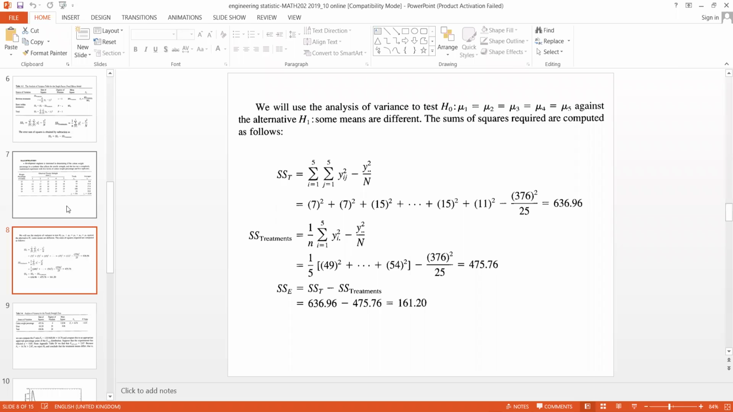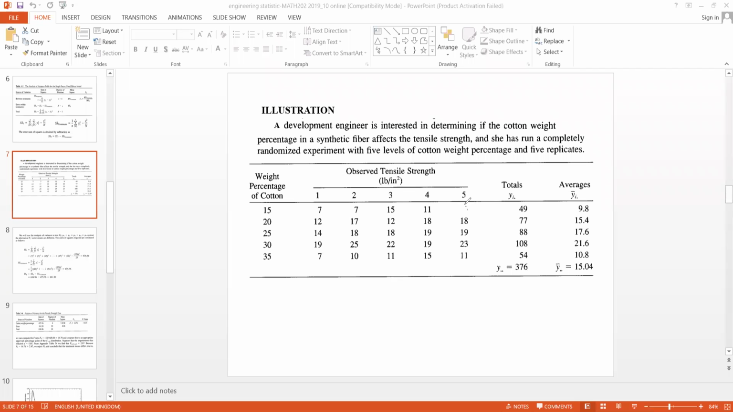So if this first data here is 4, and then maybe this here is 3, then the formula will now become, for the first data, 1 over 4 times your yi naught, that's the total of that row, squared, which is 49 squared,